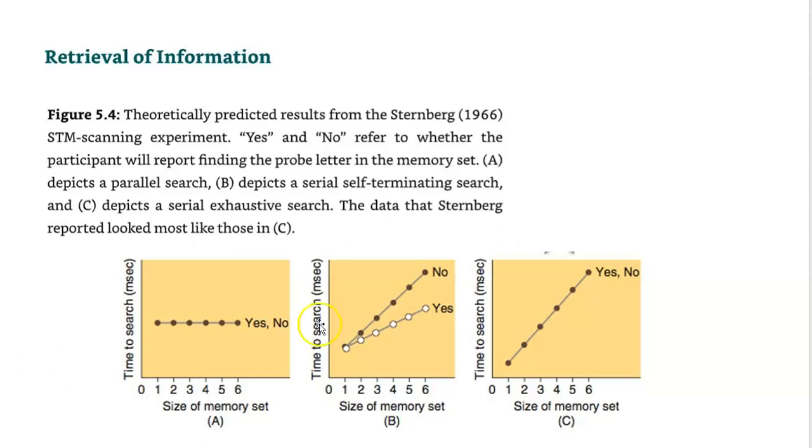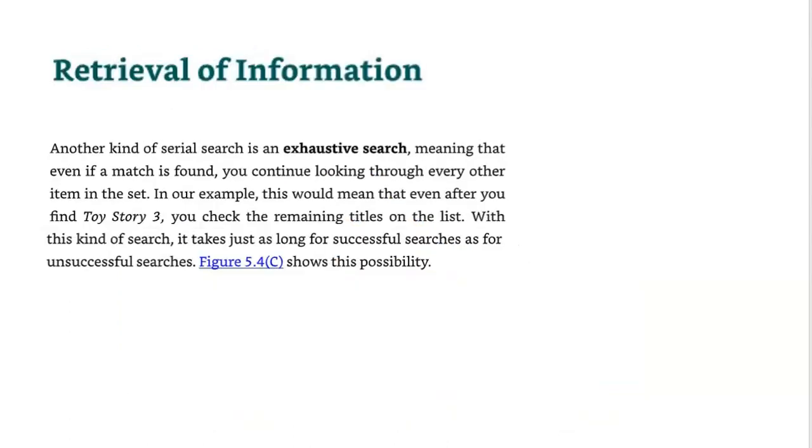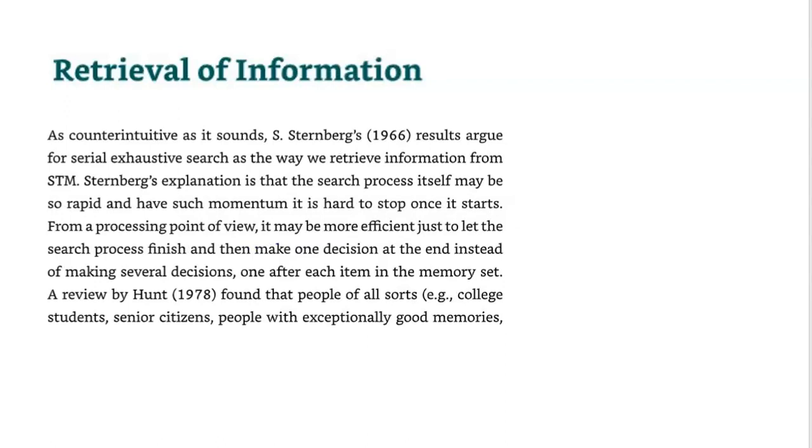So what is that? The data that Sternberg found looked most like a serial exhaustive search. Can we define that? This serial search that's exhaustive means that even if a match is found, you continue looking through every other item in the set, in this letter-finding example. In our example, this would mean that even after you find the Toy Story, you check the remaining titles on the list. With this kind of search, it takes just as long for successful searches as unsuccessful searches, depending on how many items there are. And why is that? Well, as counterintuitive as that is, a sort of who'd have thunk it,